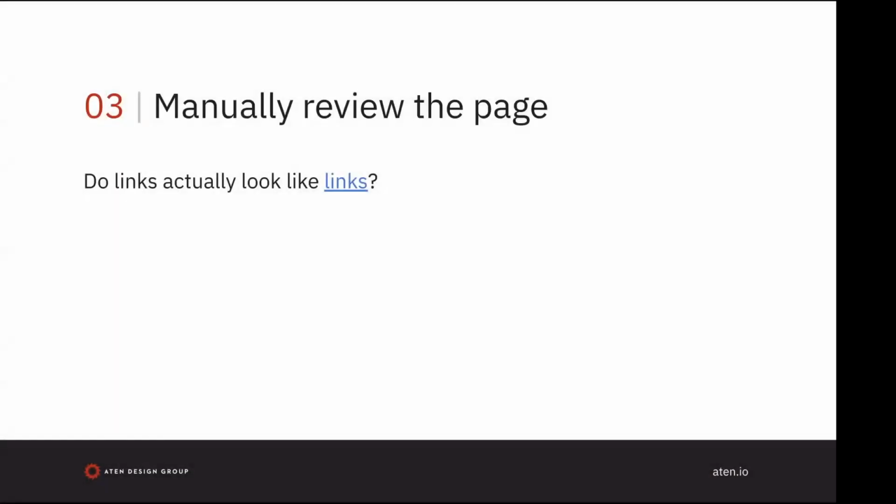You need to make sure that links actually look like links, and anything that is interactive actually looks interactive. You want people to actually interact with it, so it needs to look like it would be. So I mentioned before, this is why we have to include underlines. Underline is the universal sign for links. So that's why we have it there. But if you think about it, if that underline wasn't there and it was just blue text, some people may not see that blue text against that black, so they won't even know that that's a link. So you just need to make sure that you are not doing it by color alone